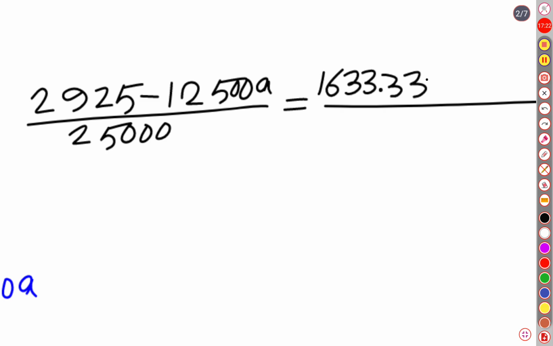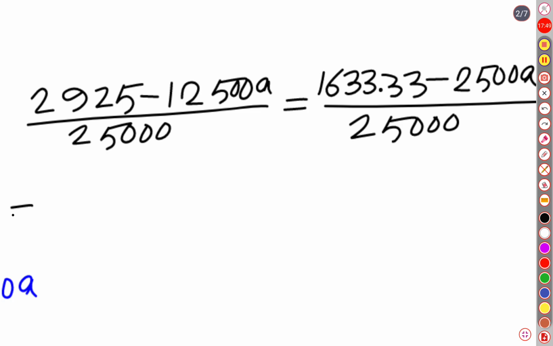1633.33 minus 2500a over 25,000. So from both sides, if we multiply both sides by 25,000, it is going to be just